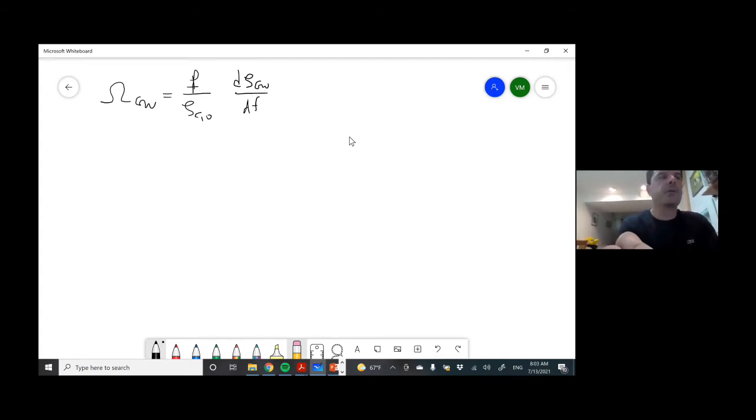We wrote this down in terms of the flux. So we could rewrite this whole equation as the frequency divided by the speed of light and rho_c, the critical energy density. And then we have the derivative of the flux, the energy flux in gravitational waves, with respect to the frequency. And the flux, or dF,